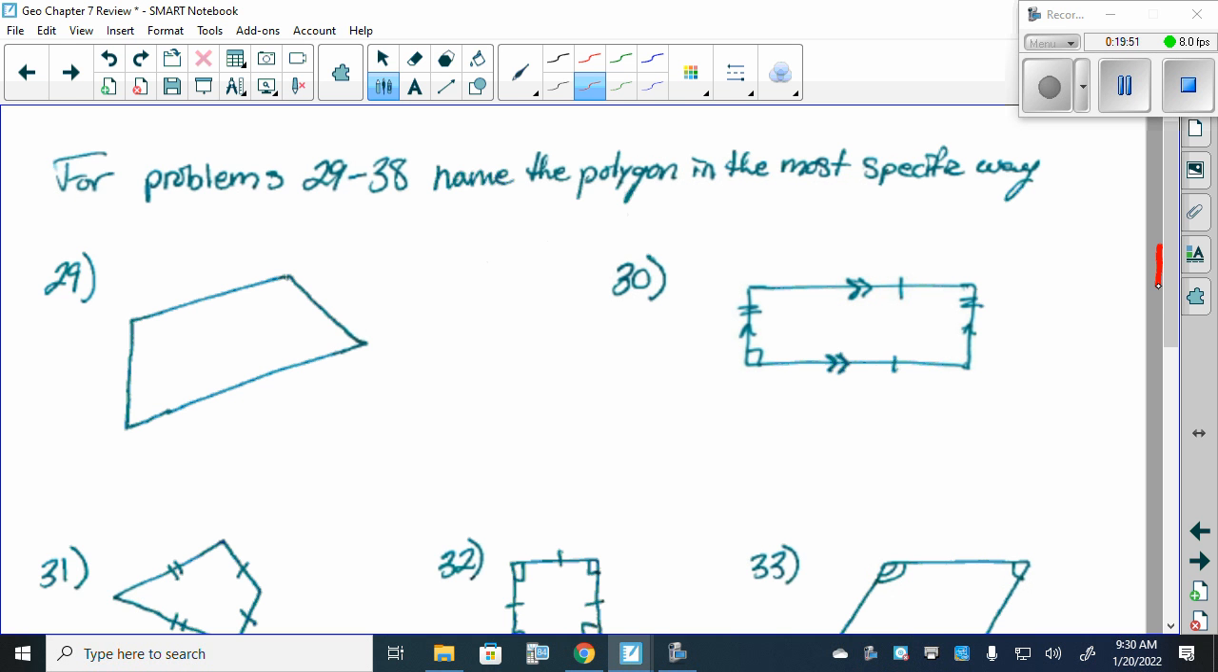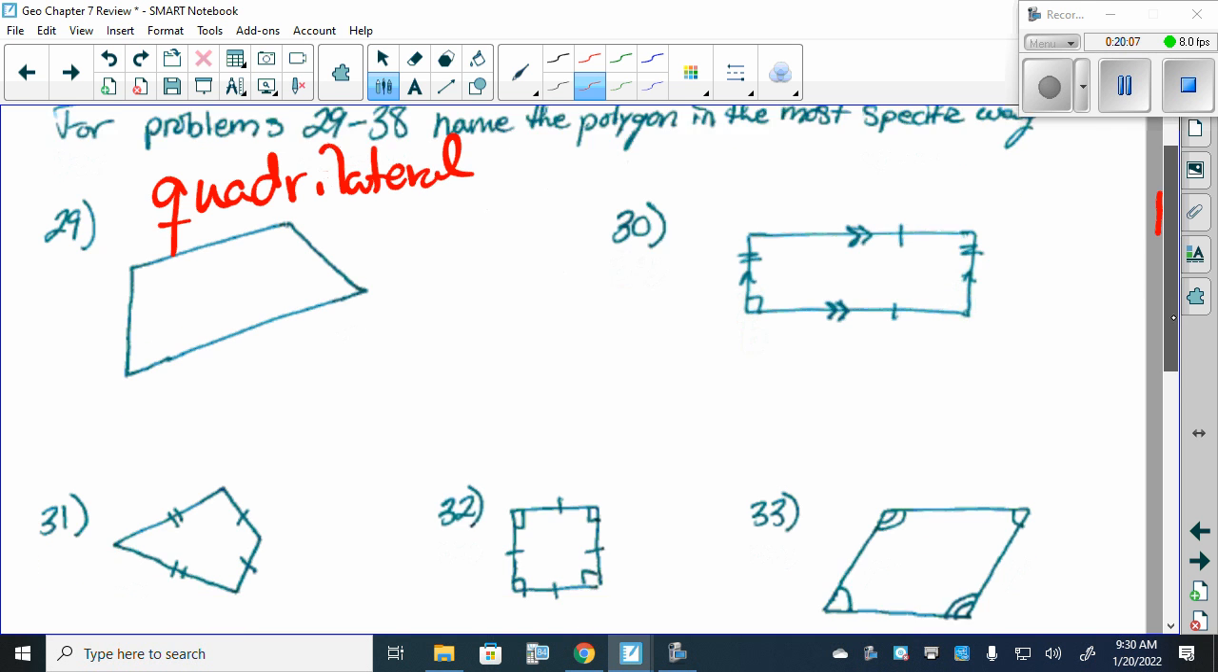29 would be a quadrilateral, because we have no information about any of the side lengths, any side lengths that are parallel, or any of the angles. So all we can say is it's a four-sided figure. 30 would be a